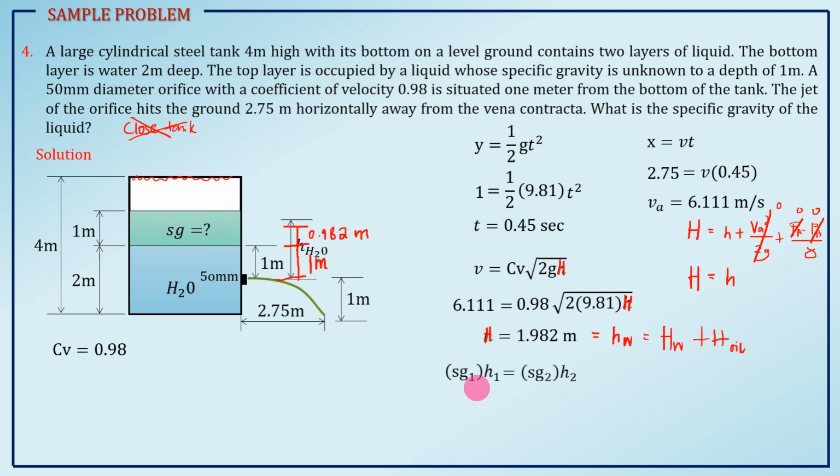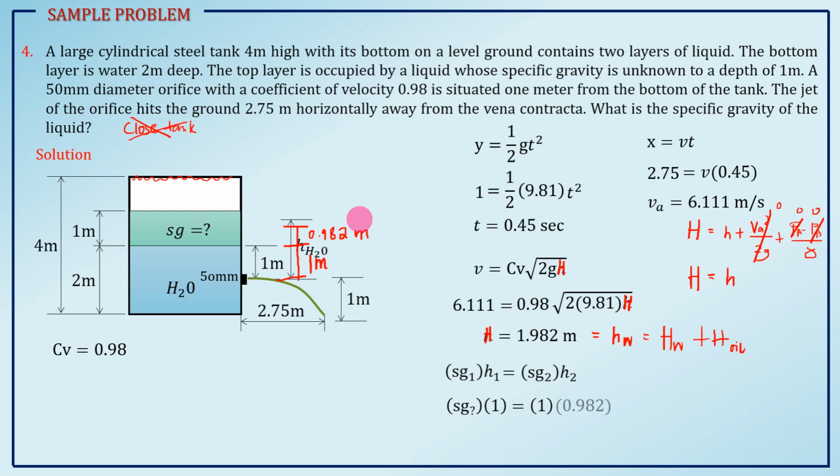Wherein, SG1 natin is yung unknown na liquid na specific gravity. Then, yung H1 is yung height niya talaga, which is 1. Then, SG2 naman, ito yung na ginamit nating base ng liquid, specific gravity ng base ng liquid natin, kung saan nakuha natin si 0.982, which is water. So, we have 1. Then, yung H2 naman is